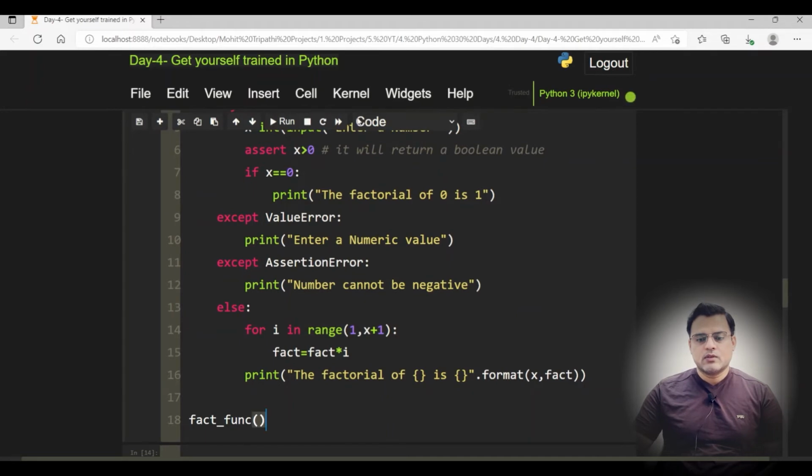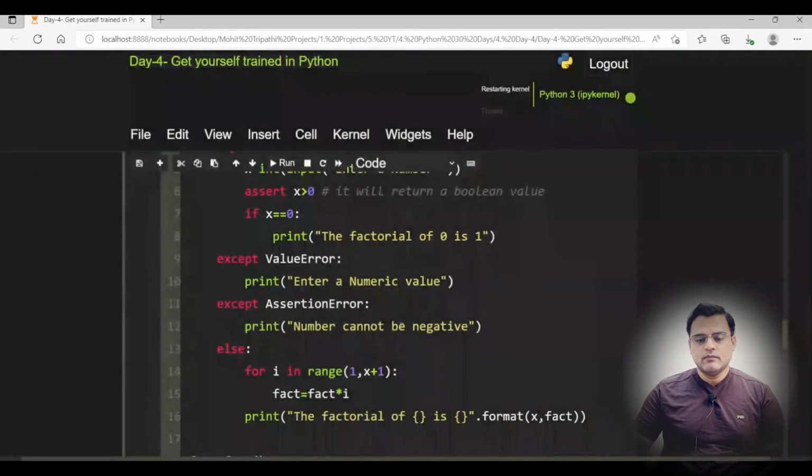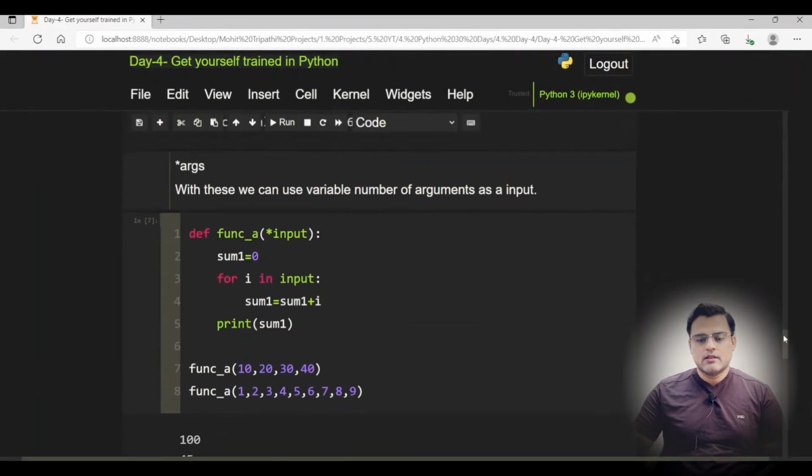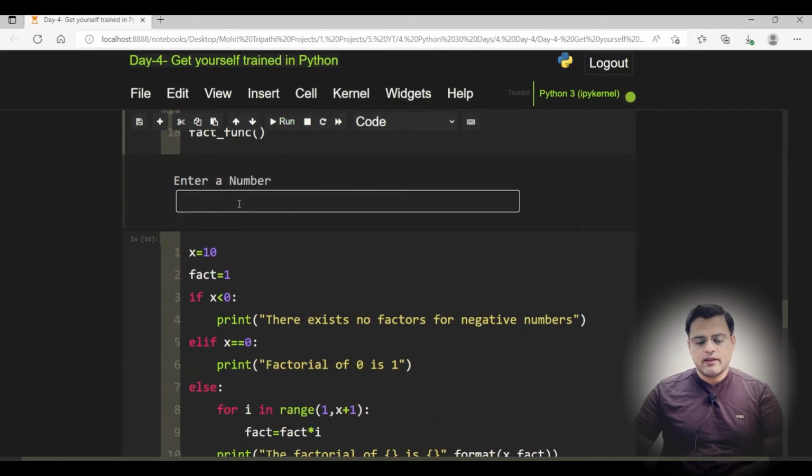Like this. So let me just check it out. Let me run it again. So here if I enter 5,